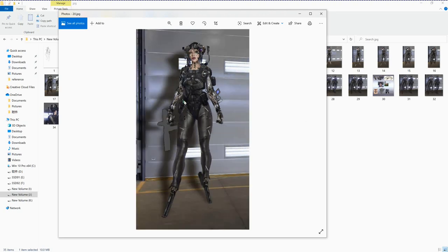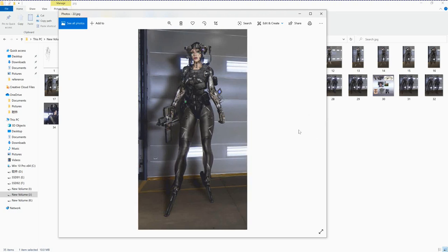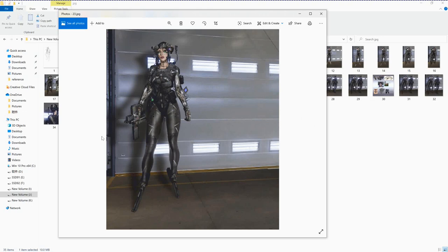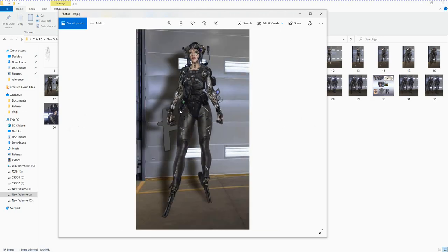This one is an electric shotgun. Usually police will use that, and I will give this to this girl. Maybe she kidnaps some millionaires and asks them for money, or because she's an assassin, she does things very secretly. And then I do some rendering on top of